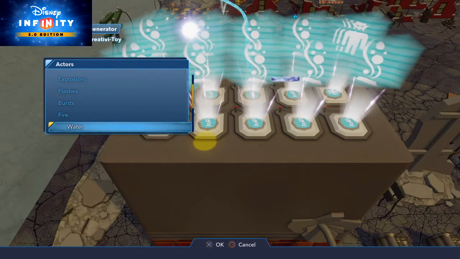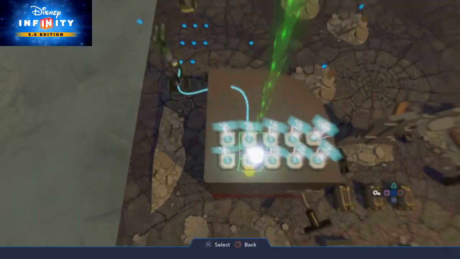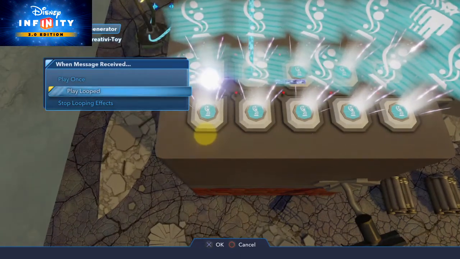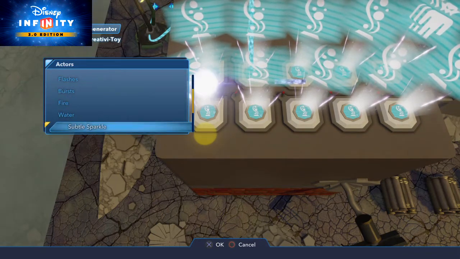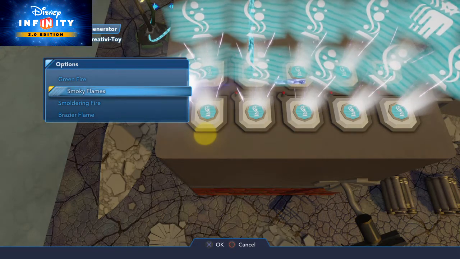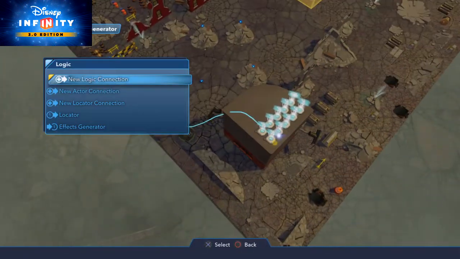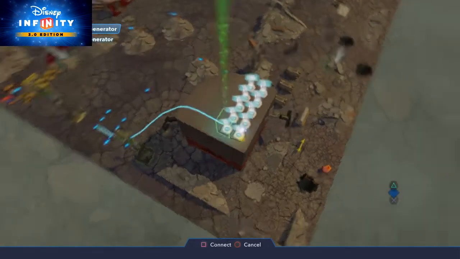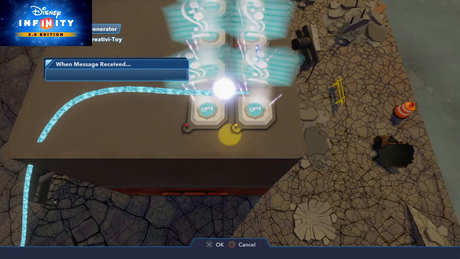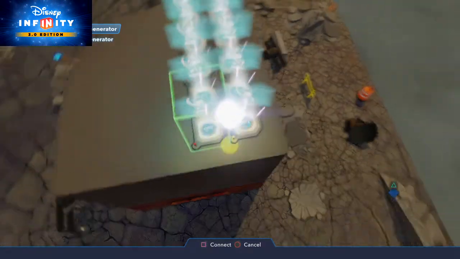And then you want to go to fire, and you want to select smoky flames, and then you want to do the same thing over and over again, like 2 more times. Just go to fire for the second one that was connected to the second locator in line, then select smoky flames, and then when this is triggered, this will play looped, fire, smoky flames, and